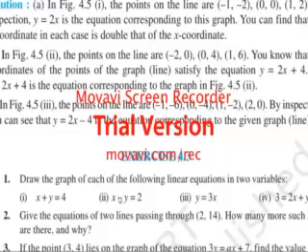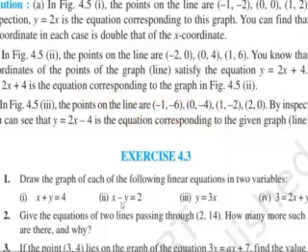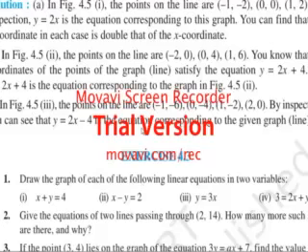Why minus 2? Because minus y will become 2, so when the minus goes from this side, there will be a minus on this side. Or simply, if you divide both sides by minus, the minus on this side will be cancelled and here a minus will start. In the same way, if I keep y is equal to 0, then x will become 2. So one point becomes 0 comma minus 2, and another becomes 2 comma 0.